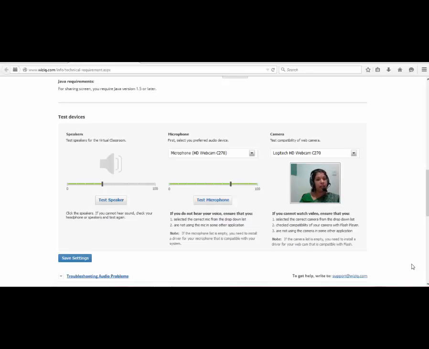If you are still not able to see the video, then make sure that you have selected the right camera from the drop-down menu. And also, check the compatibility of your camera with the Flash Player. Also check that you're not using the camera in any other application. If the camera list is empty, then you need to install a driver for your webcam that is compatible with the Flash. Once you have done all these tests, save the settings